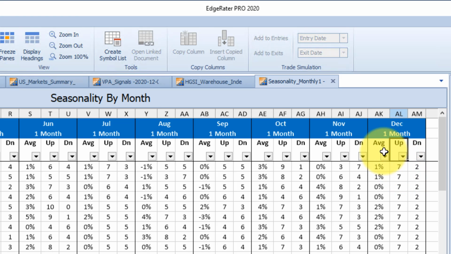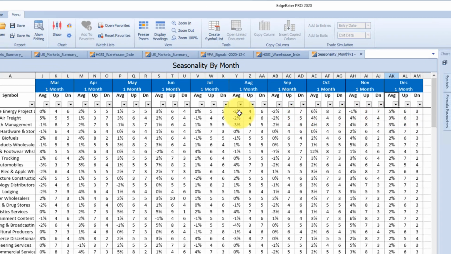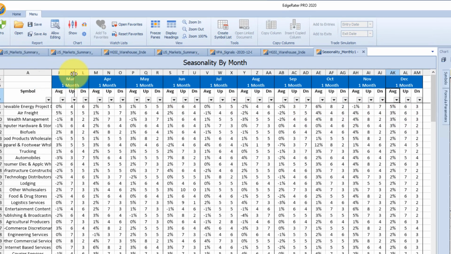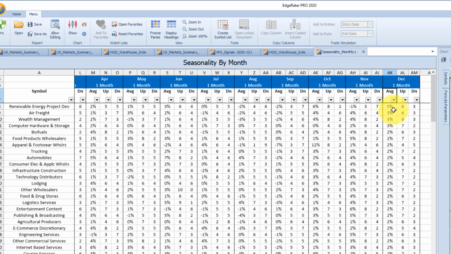We can find, you might choose to sort by the average up years. So you can see that the renewable energy project dev group has a 5% average gain and 6 up years and 3 down years, followed by 3% in air freight. So that's one of the things you can do now when you have Hgsi and EdgeRater together, is look at